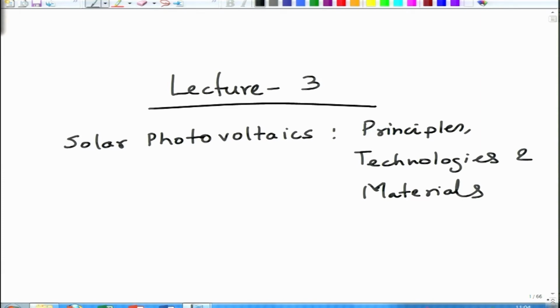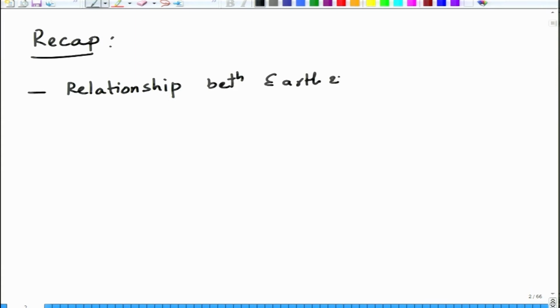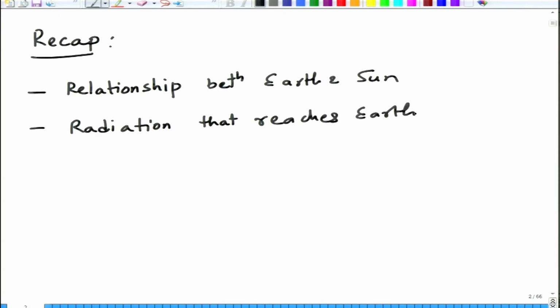So, let me just recap the last lecture. The recap goes as we looked at the relationship between Earth and Sun. We also looked at the radiation that reaches Earth, and we were discussing at the end about the losses. Basically, the amount of energy that reaches us is dependent upon a variety of losses that take place in the outer atmosphere of the Earth. So, now we will further dwell into those aspects of